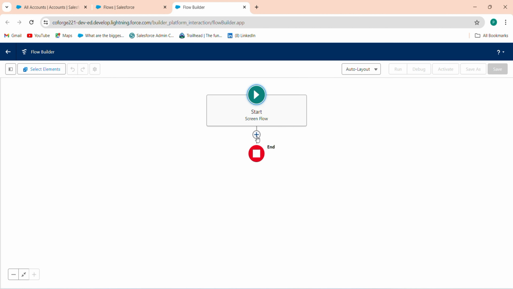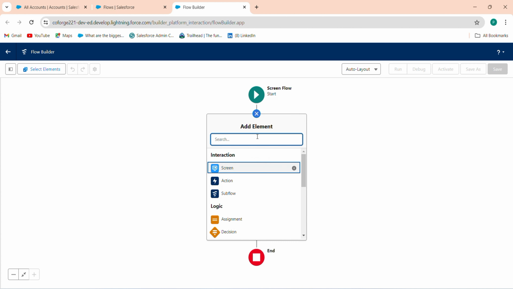Let's take a contact screen flow, where you can enter some details like last name, email, phone number, and then a lookup relationship from the account object. Okay, so firstly, take a screen flow